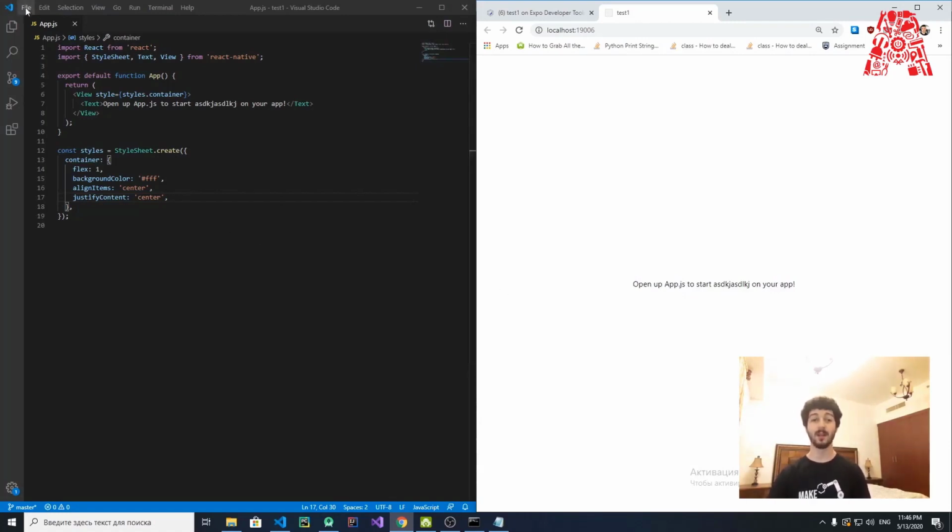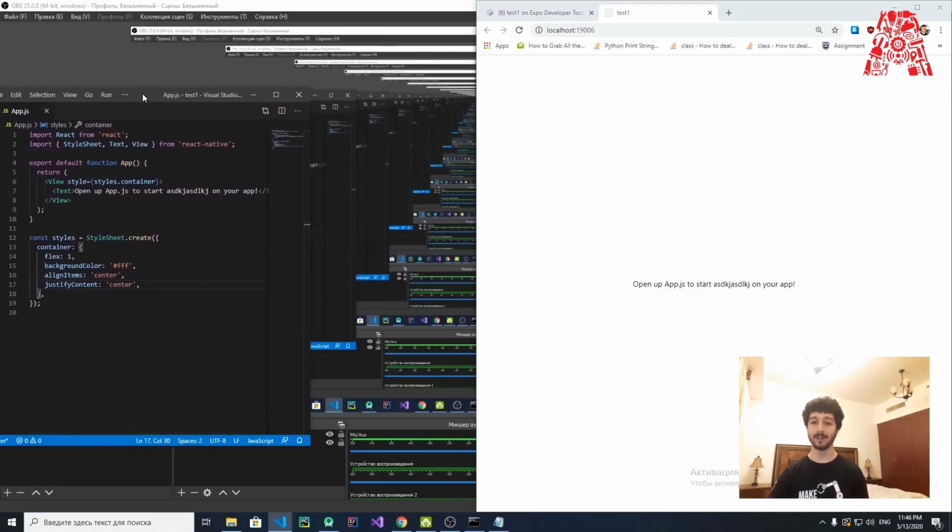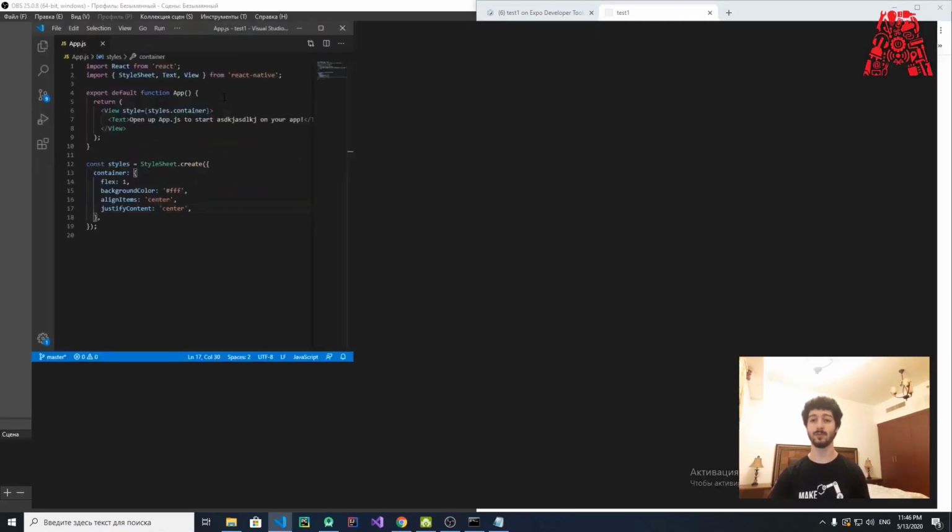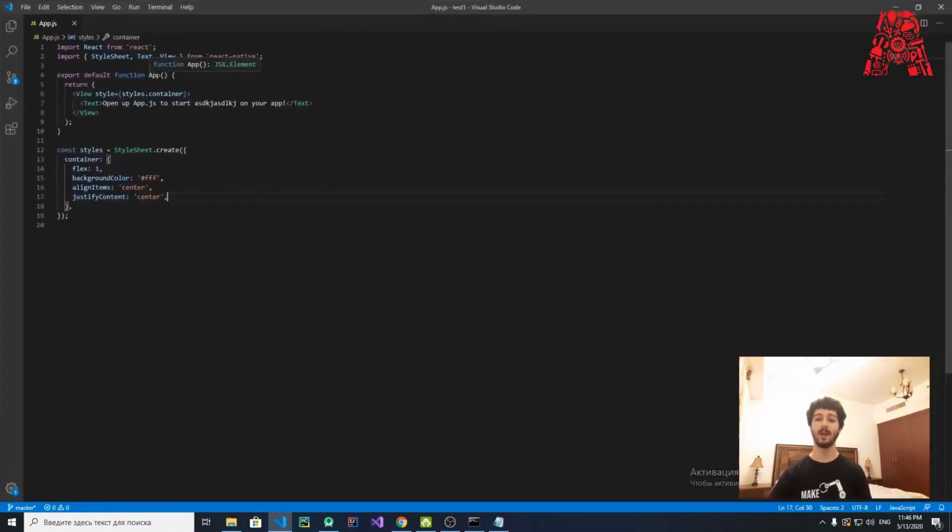So let me open the project that you are interested in, the one that we have created, and we want to share it with you, so you will have a more clear idea of how projects look like in React Native and how powerful it is. So in order to do that,